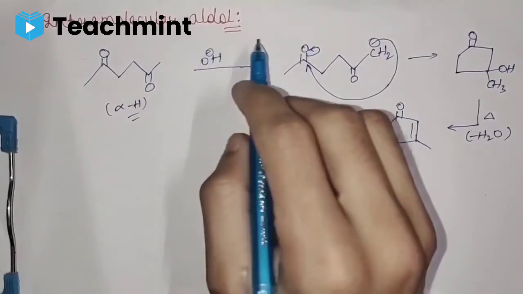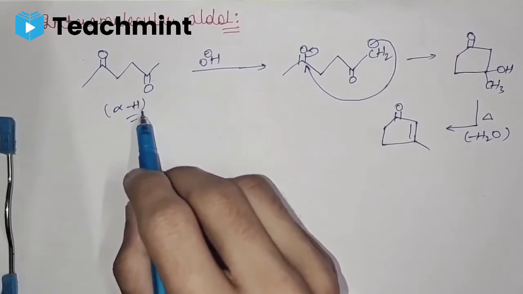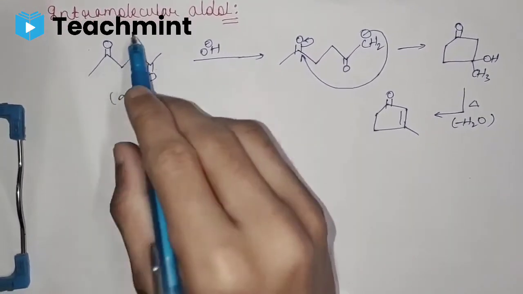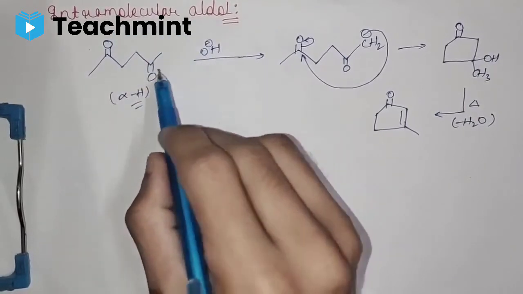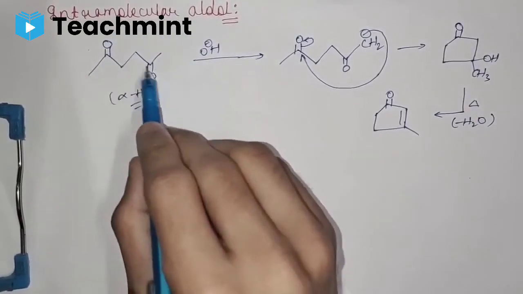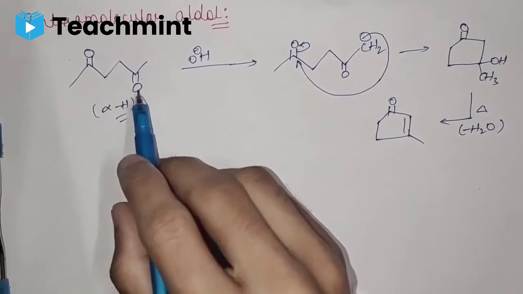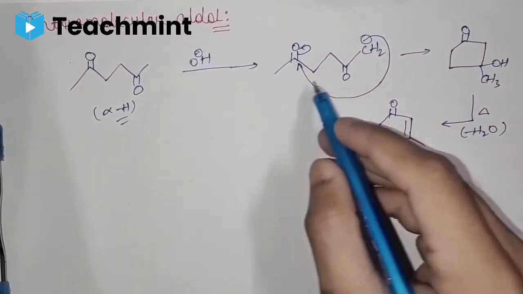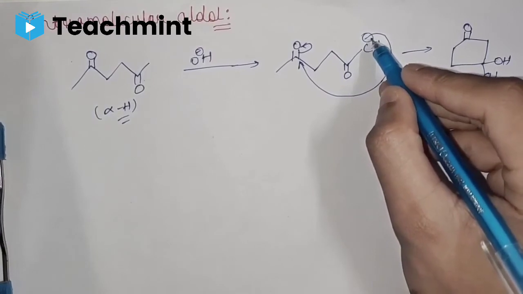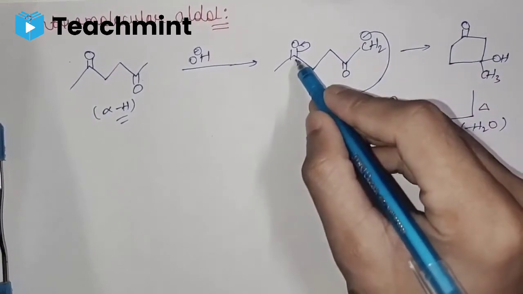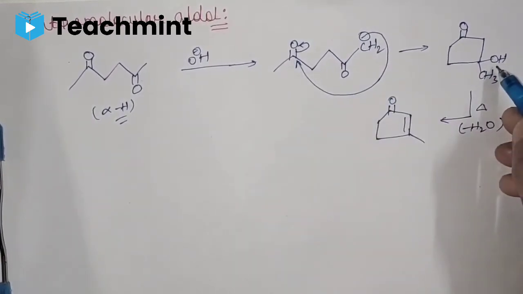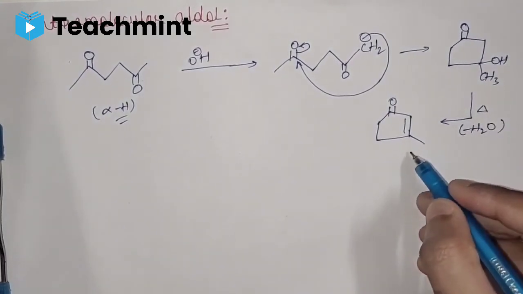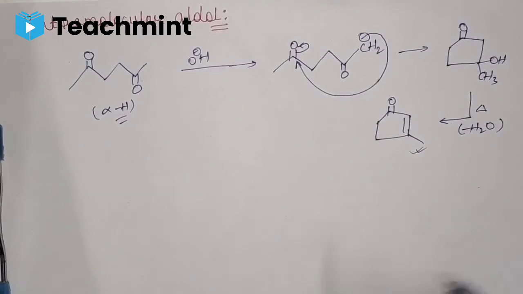Let's see intramolecular aldol. Here again we will take any carbonyl compound which contains alpha H. Here it is taken as 1 mole because it is intramolecular aldol. Here already 2 carbonyl groups are present. So see the reaction. This carbonyl group is treated with dilute base and here the acidic hydrogen is removed and this nucleophile attacks this electrophilic center and forms this compound. And again when we heat it, water will be removed and this will form this product, the condensation product.